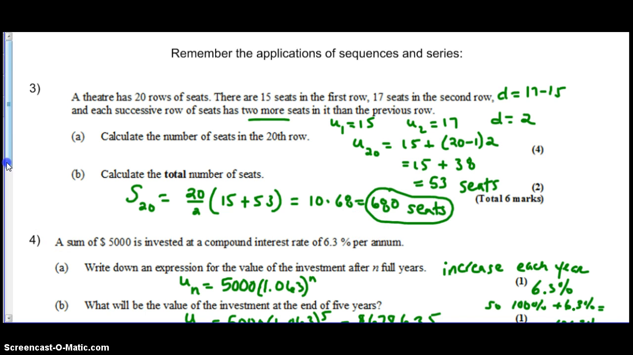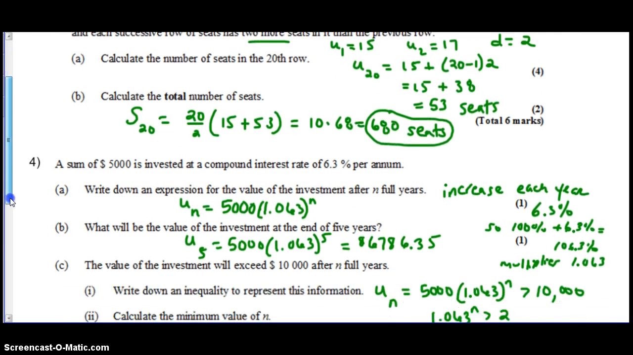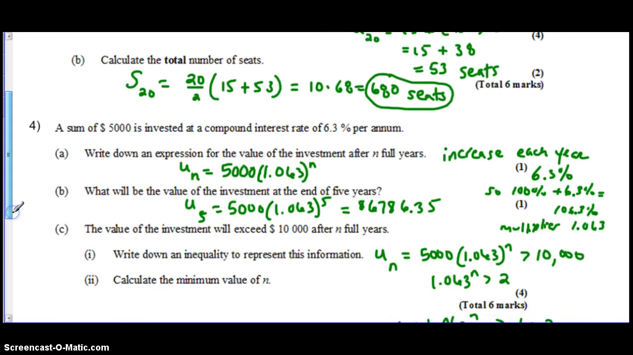For number 4, this one is our compound interest problem, with 6.3% annual compound interest. And remember, these formulas will be using geometric. One thing to remember about them is that each increase each year is going to be 6.3%. So when you're adding on your money, you would have 100% of your money plus an additional 6.3%. So a total of